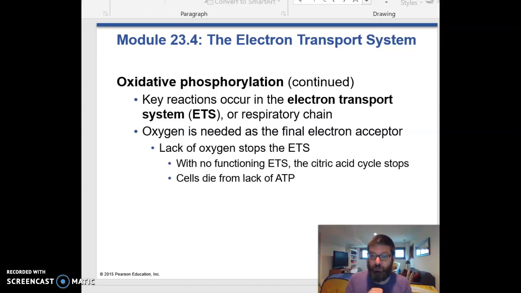We also get 2 NADHs, which have high energy electrons, and then we end up with these 2 3-carbon molecules left over called pyruvate. Well, what did we do with those? We took them into the mitochondria, the powerhouse of the cell, where first we cracked a carbon off of each to make an acetyl group. Each acetyl group was bound to a coenzyme A, and we have acetyl-CoA, which then shuttles that acetyl group into